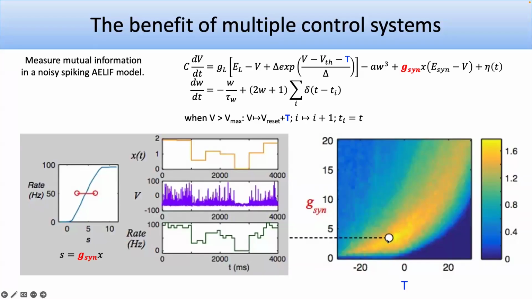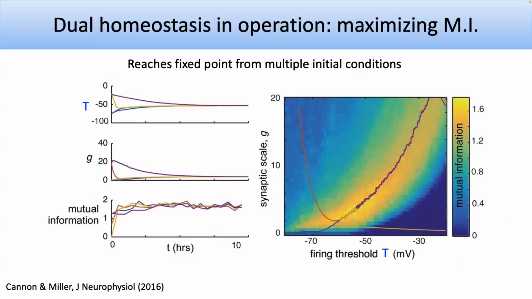So there's a kind of optimal information. Of course, we need to know the values to put in to be optimal, which is another issue. But if you do that, then the system works. You can start with the wrong threshold, wrong input conductances, and these will move. These are trajectories that start way out here, and they'll move to this hotspot.